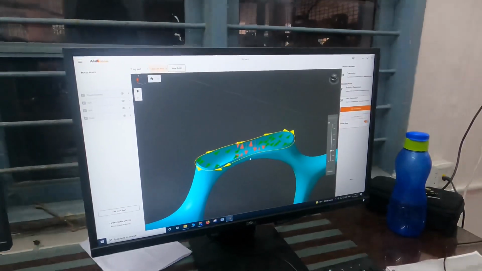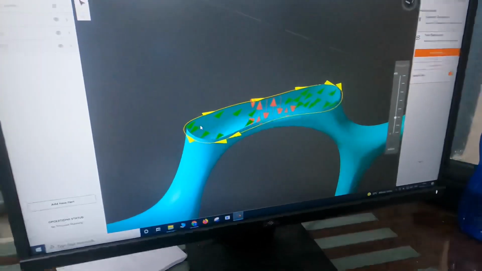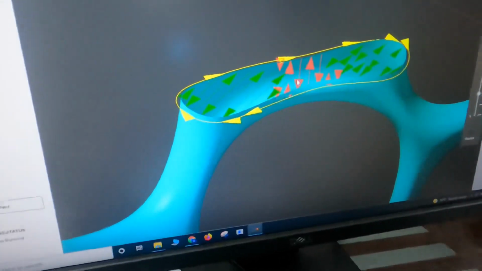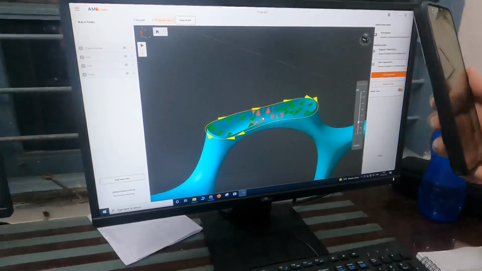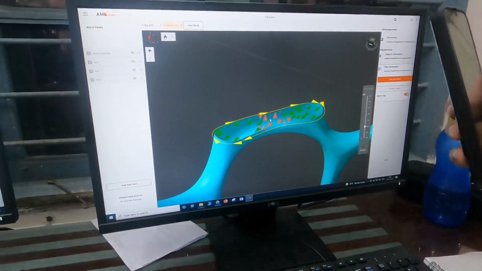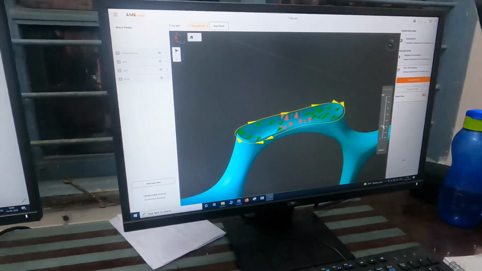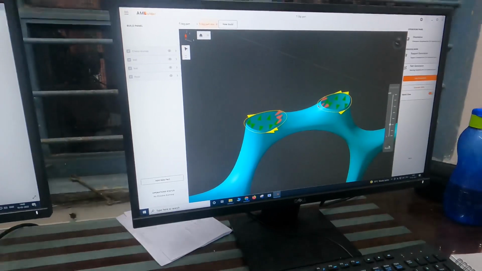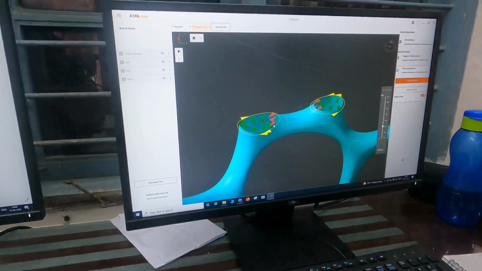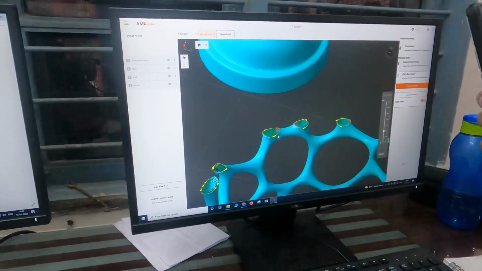Here you can see the yellow information is for the contour, the green is for the core component, and the red is for the upskin. Downskin information is shown in black, and upskin information is shown in the red vector. That is the direction of the laser at this particular layer. This is now at layer 147, and this is the region that is going to print in this particular location.